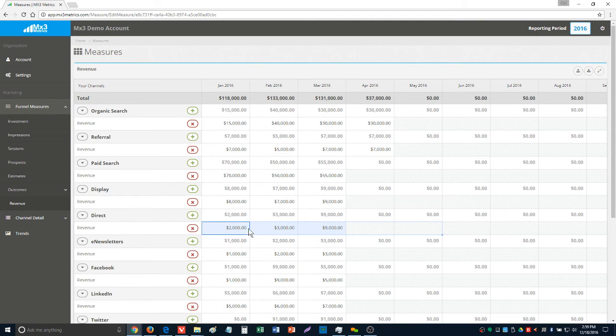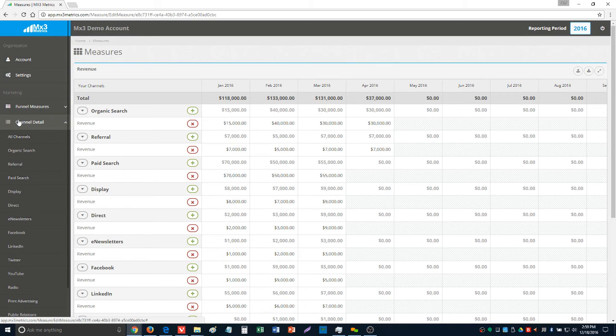It's a bit of a chore, but it can be done, and definitely really valuable, because not only are you seeing then what marketing channels are working well, driving traffic to your website, but you can also see which marketing channels are increasing revenue. Sometimes they aren't the same, so it's a good thing to know. Once we have all the measures entered into the funnel area, then what we can do is start our analysis phase. And for that, what we do is click on the channel detail,